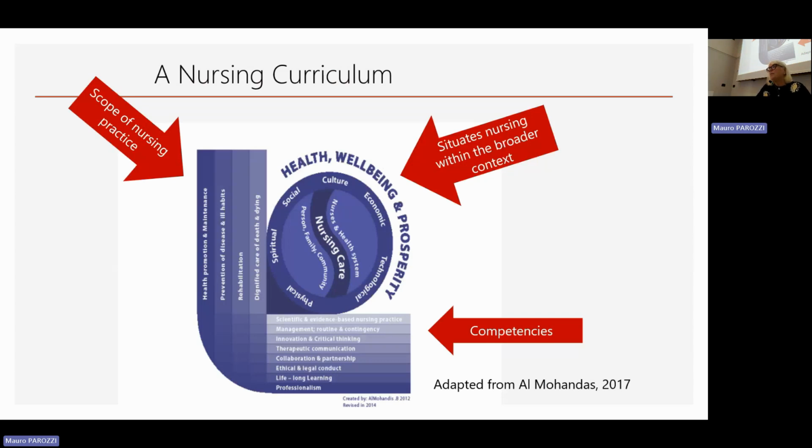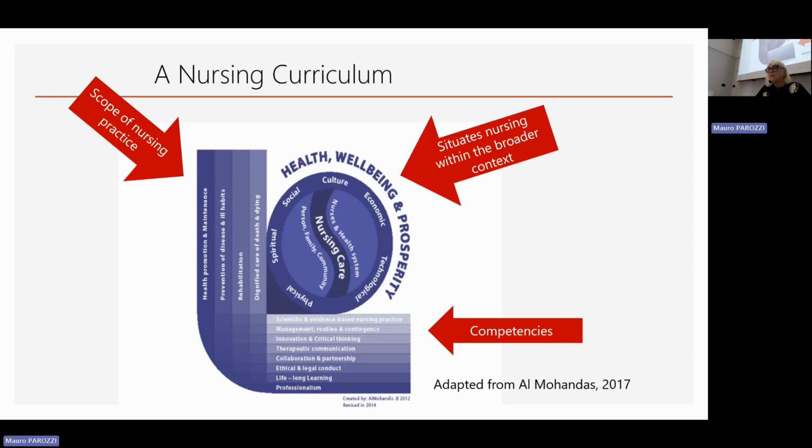So your curriculum has many things that are common, no matter where it is in the world, but it has to be situated in the context of Italy or the local language, the local customs, the local health system, etc. And then there's the competencies. These go right across all health professionals: there's the scientific evidence underpinning nursing practice, physio practice, medical practice.